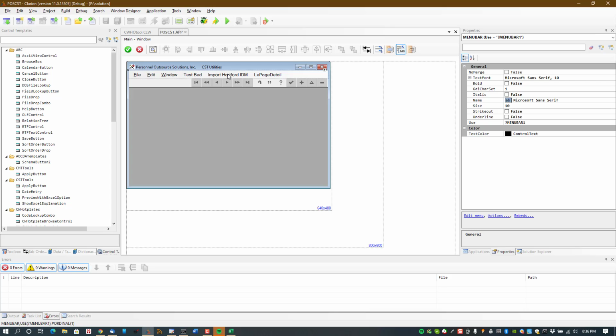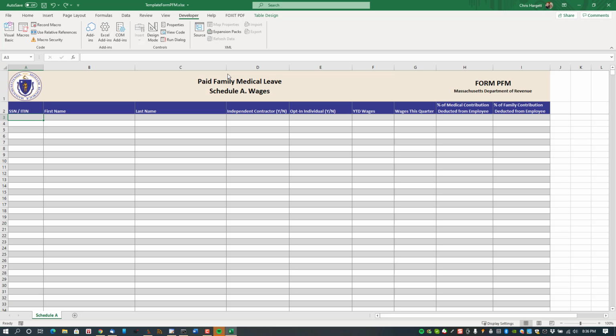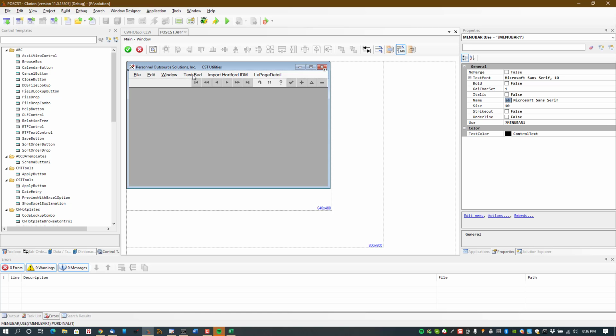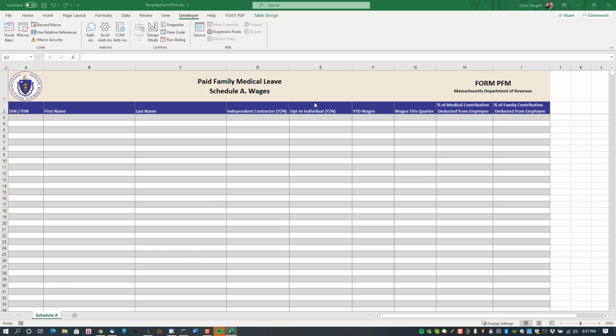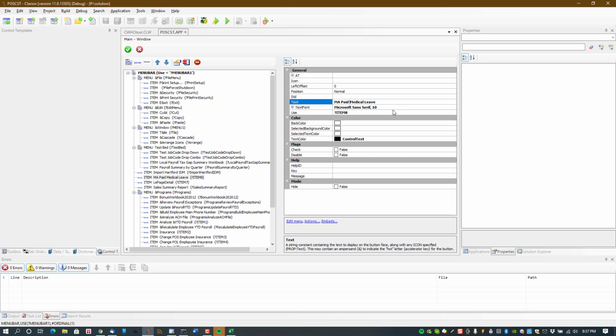See what I want to call this. Let's call this paid family medical leave for Massachusetts. So it'd be Massachusetts paid family medical leave. So let's add that. I'm just going to put it in as an item. I'll put it right there. That's good. So it'll be Massachusetts paid family medical leave report. I'll just say workbook. That's pretty big, but